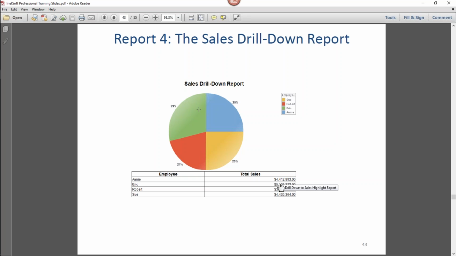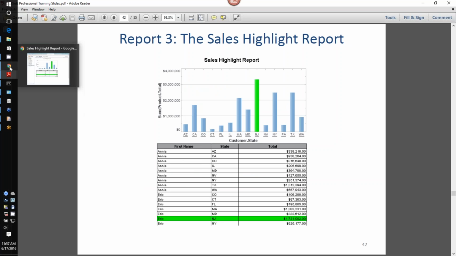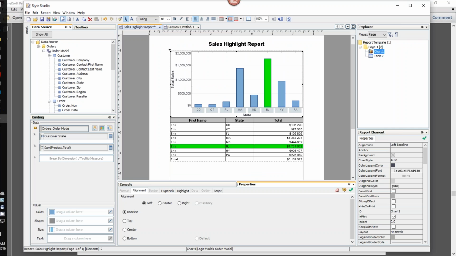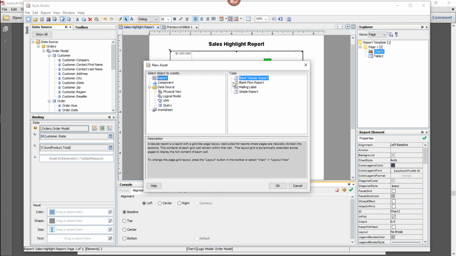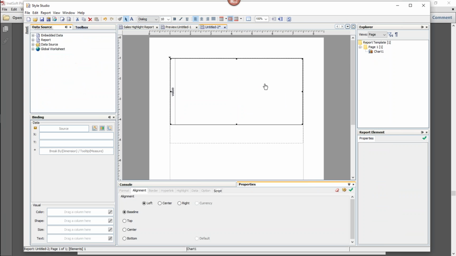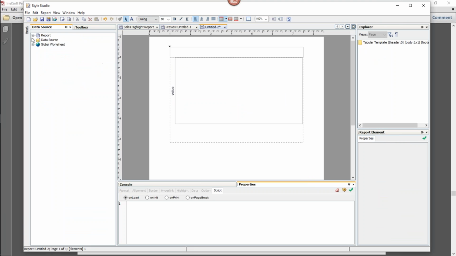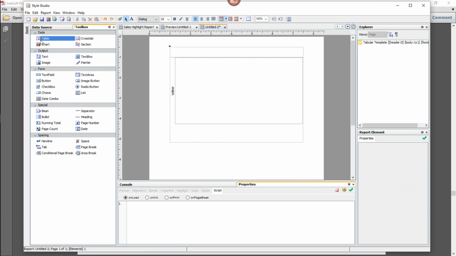So if I click on, let's say, Eric's green slice over here, I want to see this report filtered to give me just Eric's data. All right, hopefully that makes sense. So I'm going to whip it up really quick. Here we go. I'll leave this report open in the background, and I'll just create a new blank tabular report. I'll throw in a pie chart, and I'll give it a quick title. Just call it summary report.